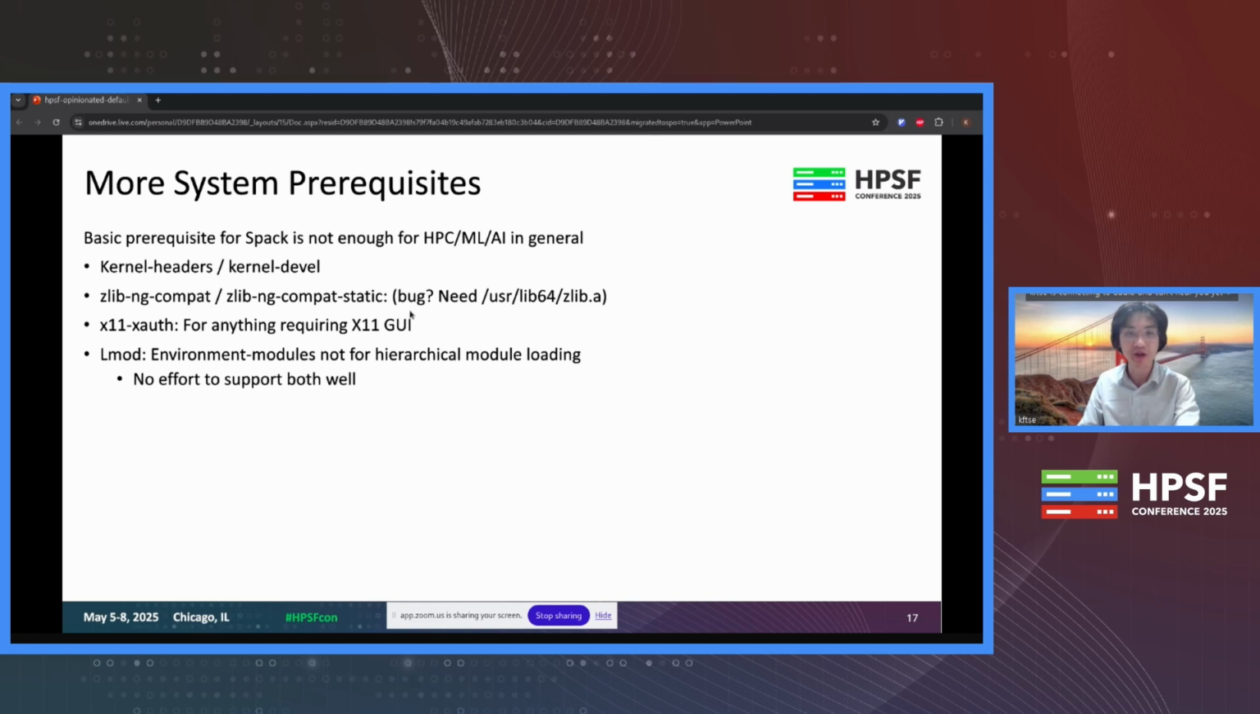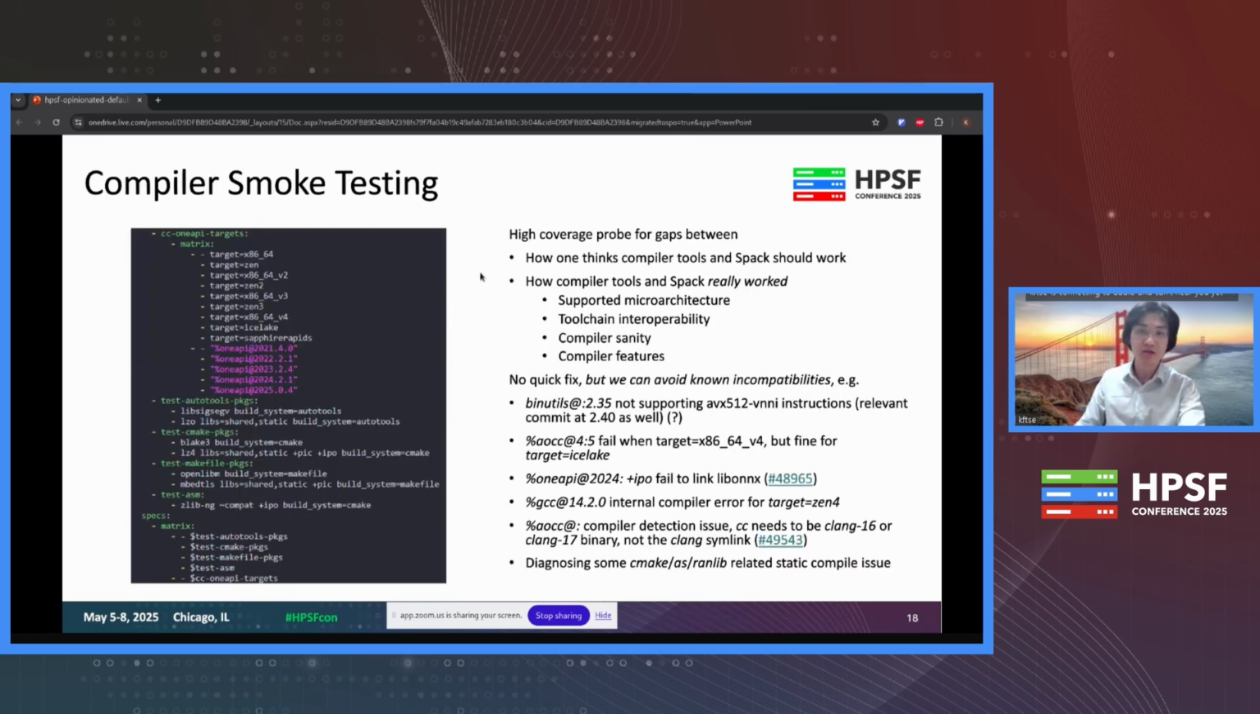As some of you might have previously mentioned, CMake would find the system package. I think this is related. And one thing I find very helpful is to always have compiler smoke tests. So basically, you can look at this environment. The Spack environment is just a matrix of all the targets, all these oneAPI compilers in different versions. We test autotools, test CMake, test makefile, test something that has ASM in it. So we quickly discover that